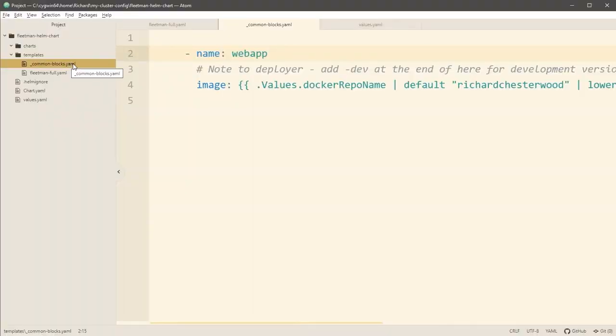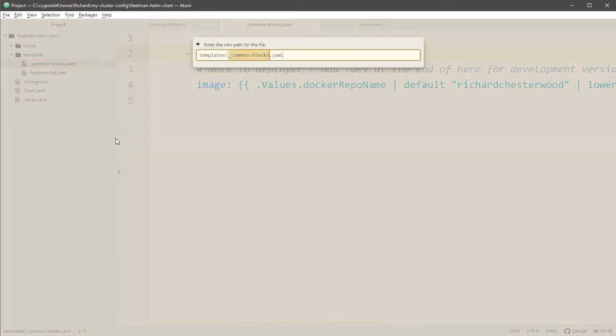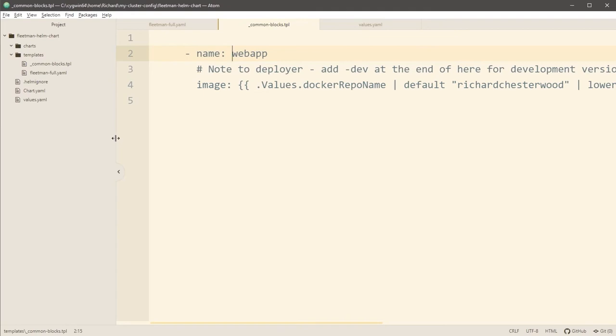Now, it turns out, actually, the extension's arbitrary. We could put any extension we like in there. It doesn't have to be .yaml. And there is a convention amongst Helm charts that whenever you're writing these libraries, we use the extension .tpl, which I guess stands for template. It makes no big difference. I guess one of the reasons for this is so that it stops your editor trying to interpret this as being a full valid YAML file. It's not that important, but I suggest you follow that standard of using .tpl here.